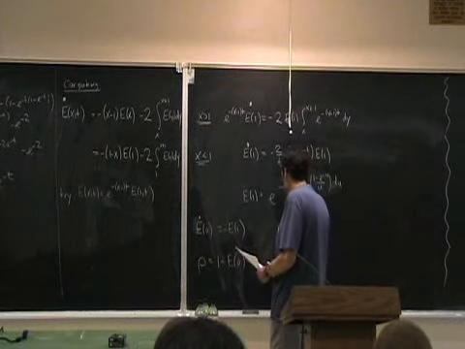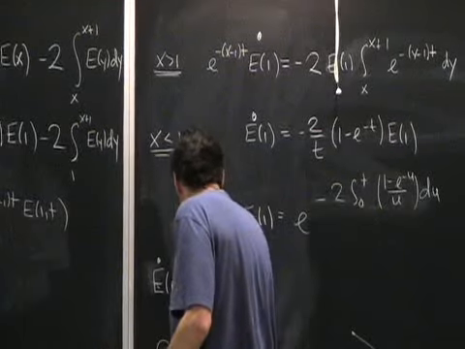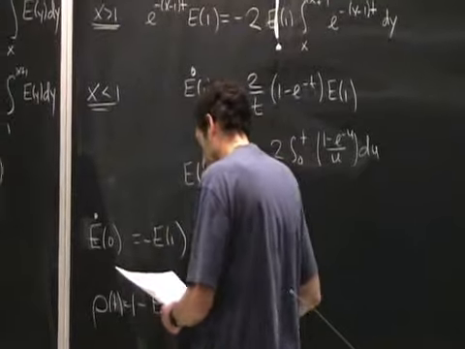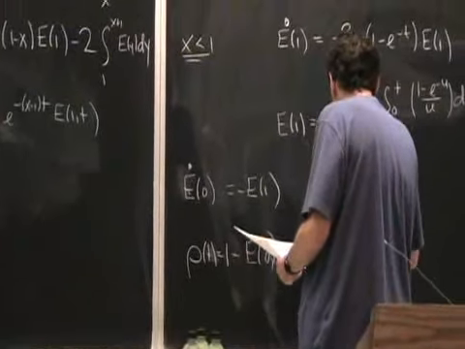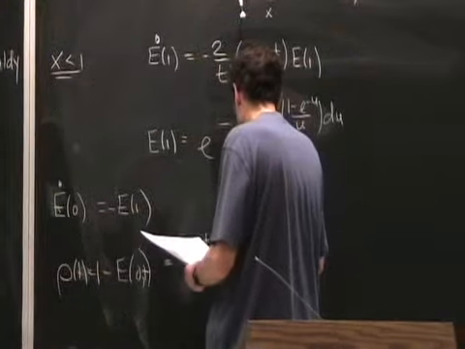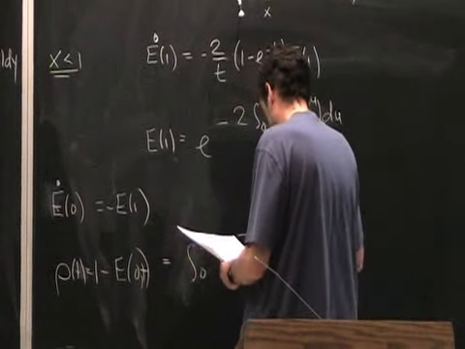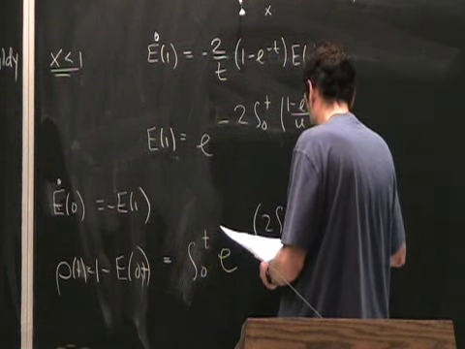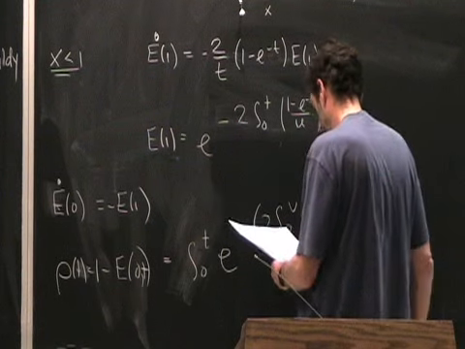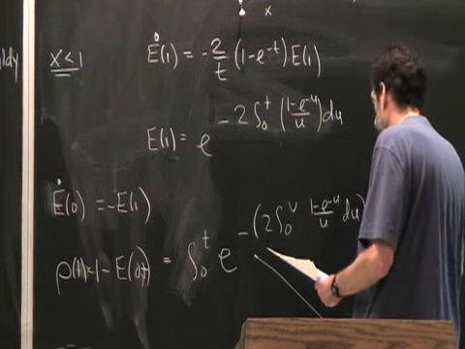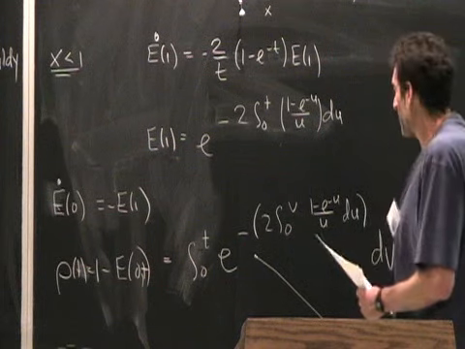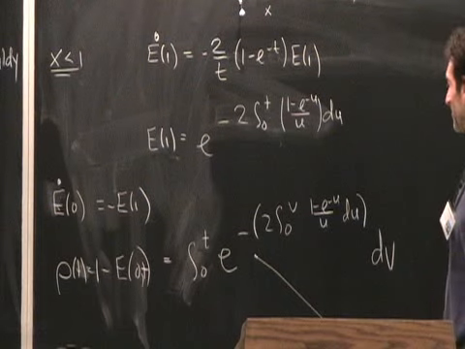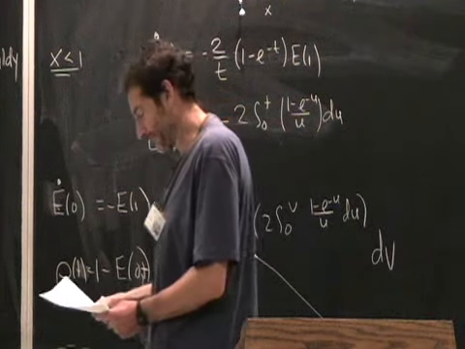And so one has a rho of t. So this rho of t is equal to 1 minus E0(t). So this thing is equal to the integral from 0 up to t of e to the minus 2 integral from 0 to v of (1 minus e to the minus u) over u, du, and the whole thing is dv. So the hard part I find in writing these formulas is to keep track of what's in the double exponential, what's only one exponential high, but that's the answer.